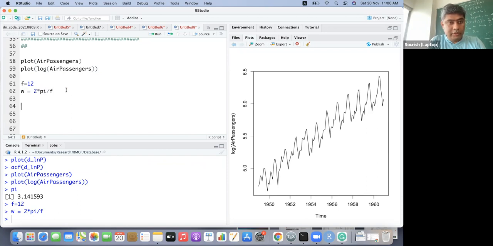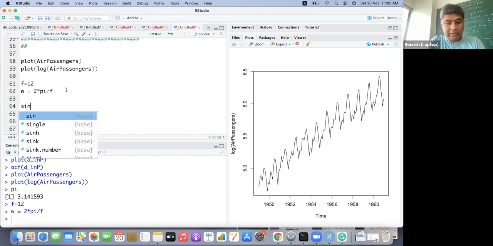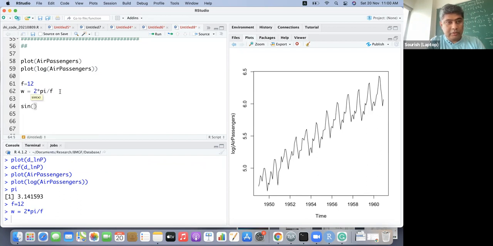Let me just set sine over the index of air passenger.